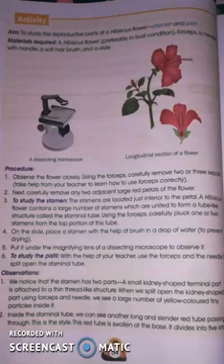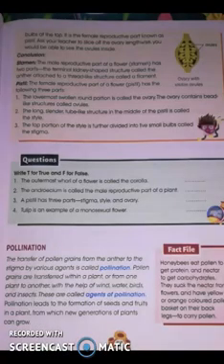So from this we make certain conclusions. What are the conclusions, students, after doing this activity? We conclude that the male reproductive part of the flower is called stamen. It is further divided into 2 parts. The terminal is kidney shaped, that is called anther, which is attached to a thread-like structure, which is called filament.